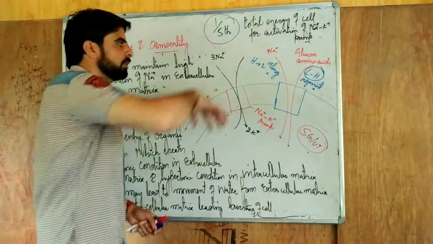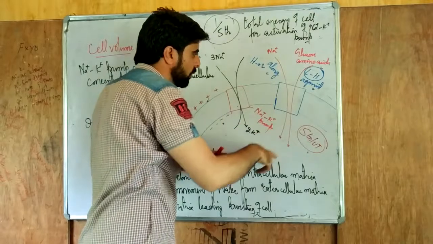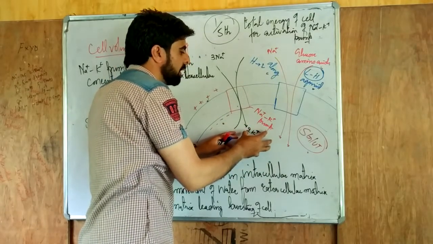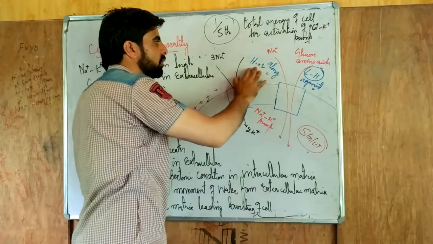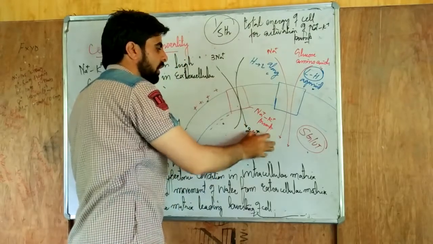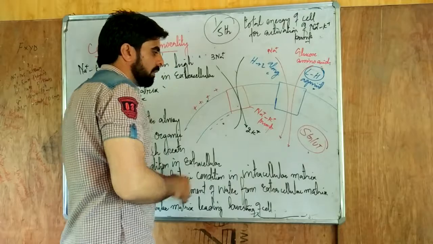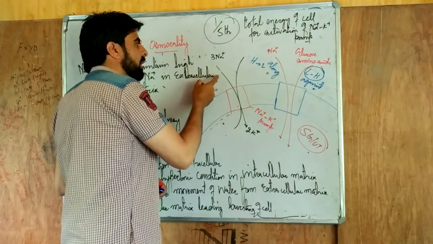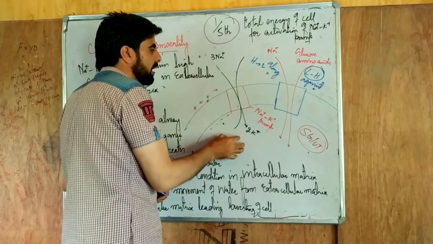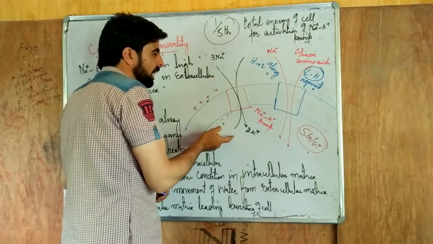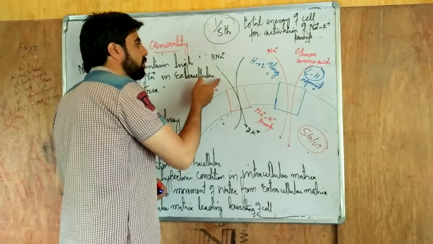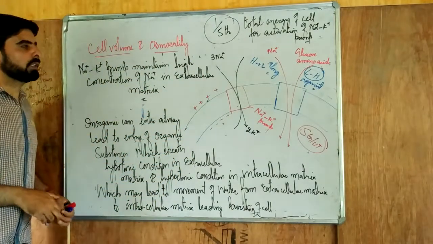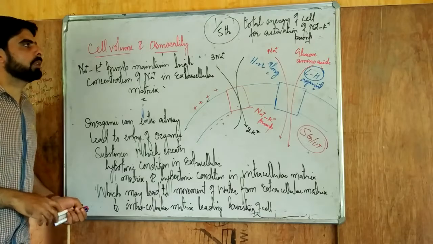Otherwise, what will happen? The sodium may come in, the concentration of sodium as well as the glucose may increase inside the cell, the solute concentration may increase here, it may become hypertonic, outside it may become hypotonic. The water will move from higher concentration to lower, cell volume increases, it bursts. But what happens? The sodium potassium pump pushes the sodium out into the extracellular matrix actively, because here it is very less and there it is very high, so it moves against the concentration gradient. So actively it's taken out and the sodium concentration in the extracellular matrix is increased. Now tomorrow we will discuss the regulation of sodium potassium